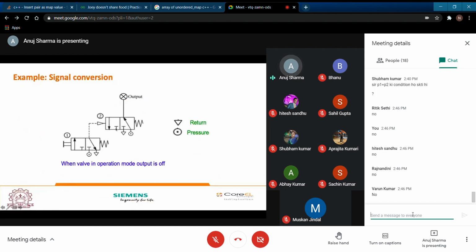Now this is the example of your signal conversion. Here I have already told you that these lines are going to flip, these positions are going to be flipped, and the compressor and valve are going to retain their positions. In this particular example you can see this is a pneumatically applied symbol. If the pneumatic power is applied, this is going to get switched on.